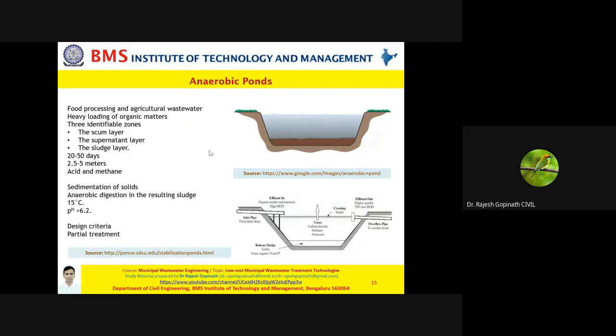Now, let's move on to the second type of stabilization pond, and that's your anaerobic system or anaerobic pond. Please remember, these are specific and are majorly used to treat wastewater which has strong food materials, or let's say agricultural wastewater. Basically, your anaerobic pond is meant to treat organic matter which comes with a heavy load. What we do not realize is, these anaerobic ponds are often used as preliminary treatment for high strength wastewater.